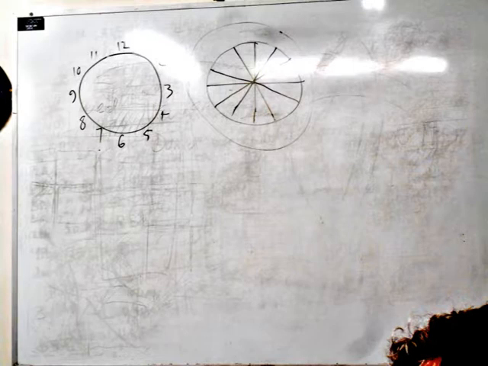So the overall part of the cycle, we're in the preserver, but that preserver period is broken down again into